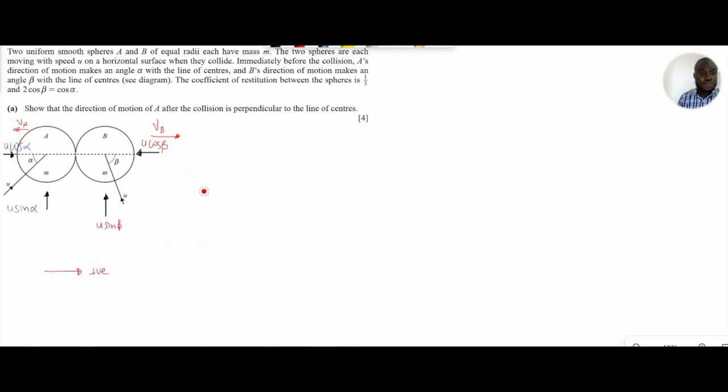Taking this direction as positive and using the principle of conservation of momentum, we can say that, and we can simplify this to have, and with a given relationship between cos of alpha and cos of beta, we can say that